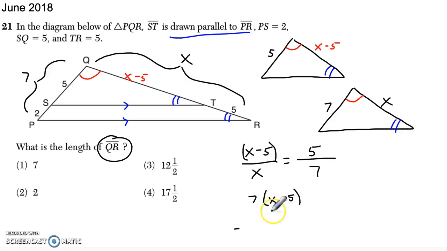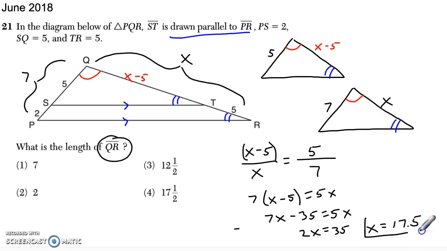It's 7 times x minus 5. Do yourself a favor. Write out that one extra line so you can distribute right in front of you. 7x minus 35 equals 5x. So let's see, I'll take 5x away from both sides. That's 2x. I'll add 35 to both sides. That is going to give me x equals